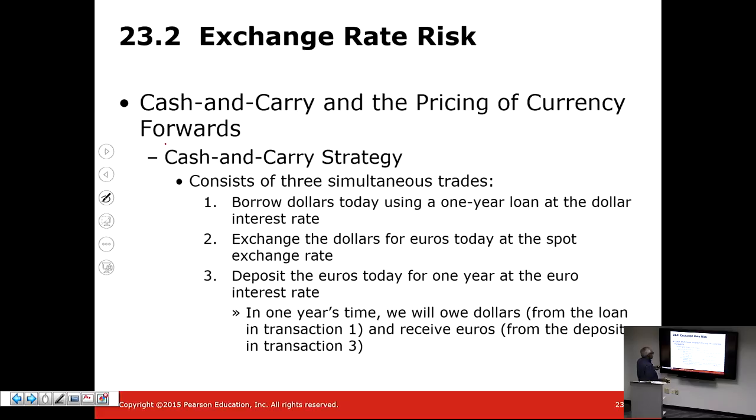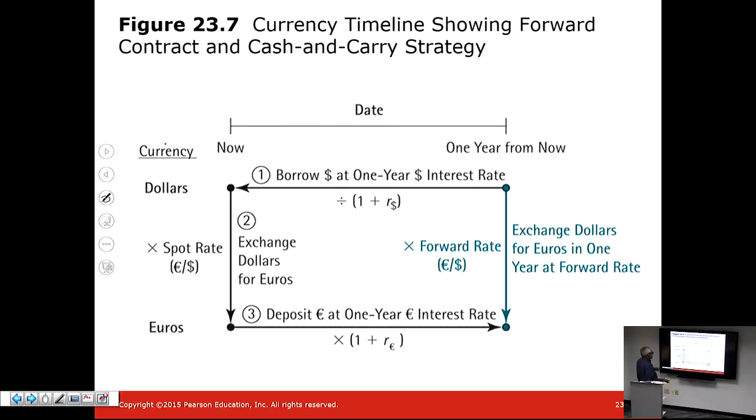In a cash and carry transaction, let me explain this using this picture over here. This is today, time 0, and this is a year from now, time 1. Our goal is to exchange dollars for euro at time 1. At time 1 in the future, a year from now, I have to exchange dollars for euro. What are the ways in which I can do that? Choice number one